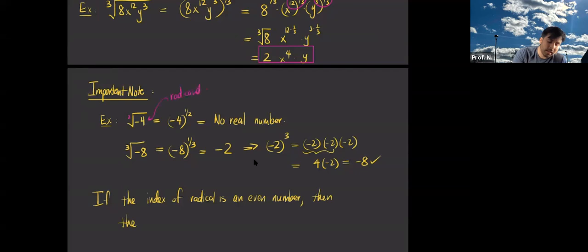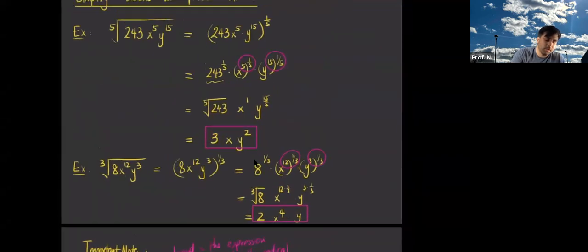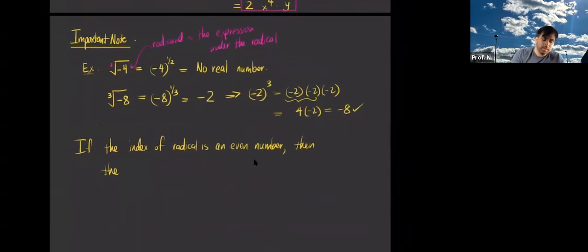So the radicand is the expression under the radical. So whatever that is, it could be all of these guys, right? This is a radicand, and this is the radical. This is the radicand, and this is the radical. So then the radicand cannot be a negative number